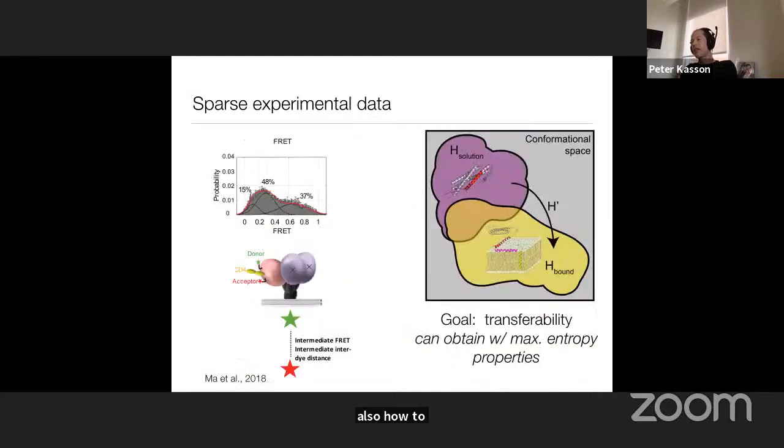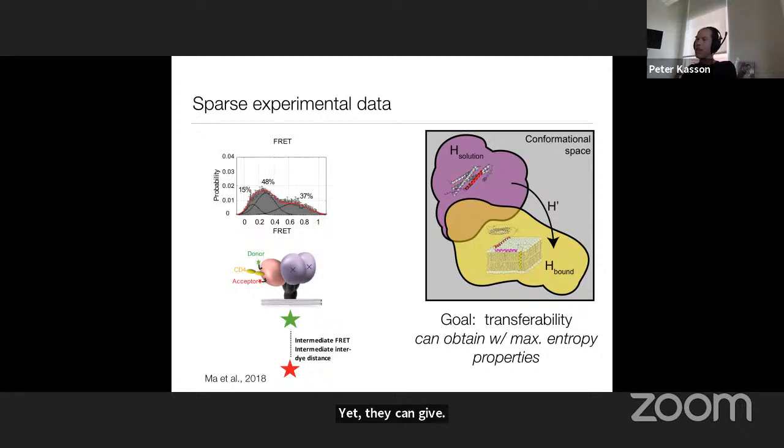However, for getting at structural ensembles, we often run into a problem of sparse experimental data, that the experimental techniques that report on structural ensembles tend to yield a small number of degrees of freedom relative to the number of constraints required to resolve molecular structure, yet they can give distributional quantities rather than just mean values for